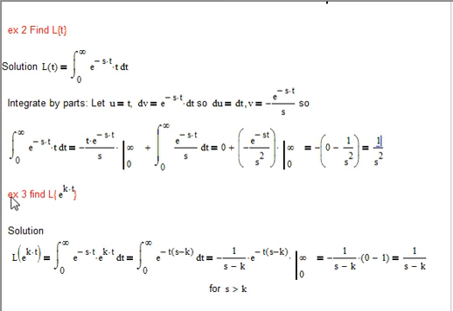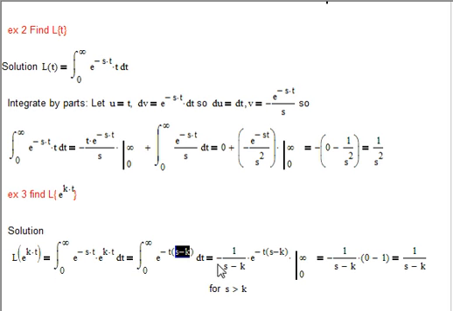So here's another example. Find the Laplace transform of e to the k times t. Well, the Laplace transform of e to the k times t is the integral from 0 to infinity, this improper integral, e to the negative st times e to the kt. Well, that's e to the negative t times s minus k. Think about how that would work out. You know, because you would add these exponents together, but the t factors out, and so it is what I